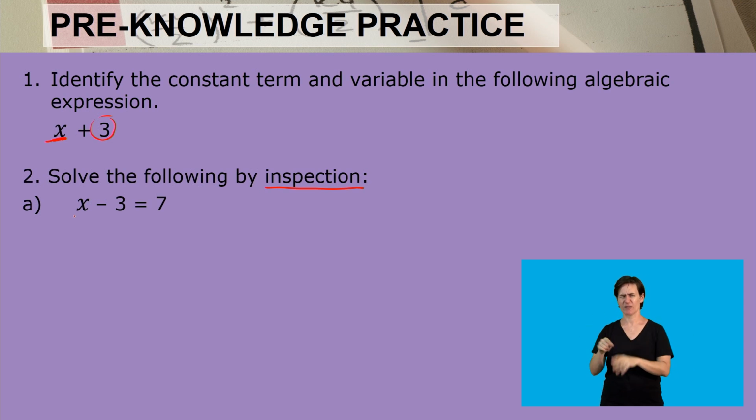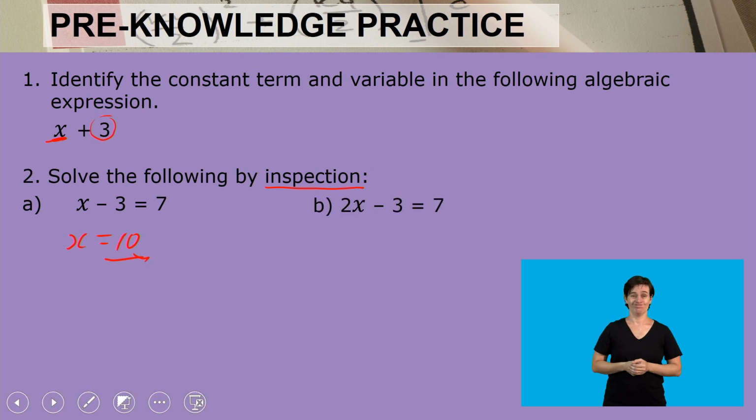A number unknown, when you subtract 3 from that number, you will get 7. What number is that? That number would be 10. So our answer would be 10 is the number that is represented by x, because 10 minus 3 gives us 7. So x is represented by 10. The next one,